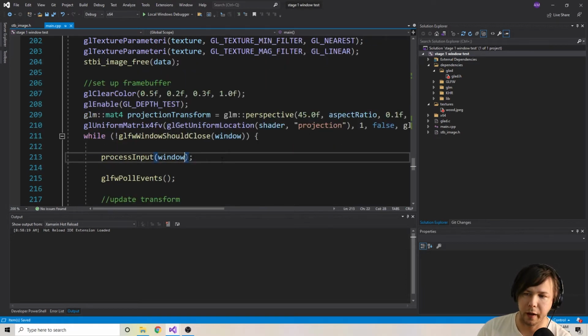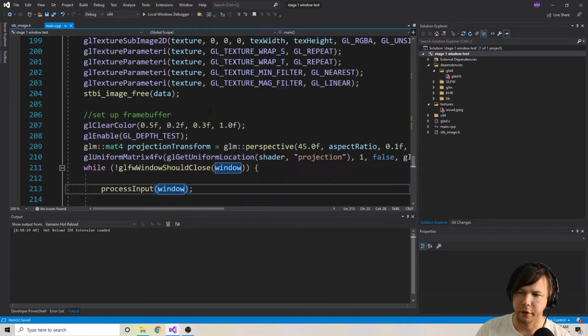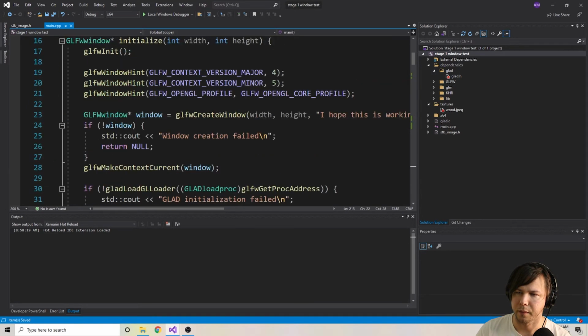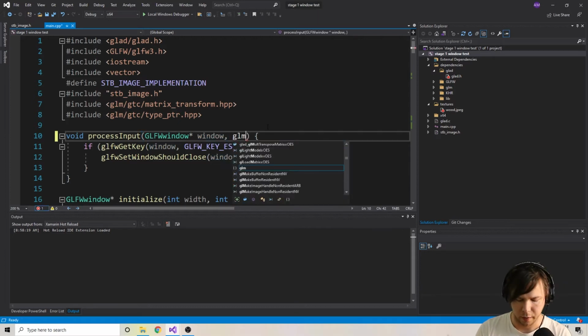This is perfectly fine. Now, when we process the input, we also want to be able to change the player's position, etc. So let's go back to this process input function and we'll modify that. Okay, so we're going to take in that. We're also going to take in